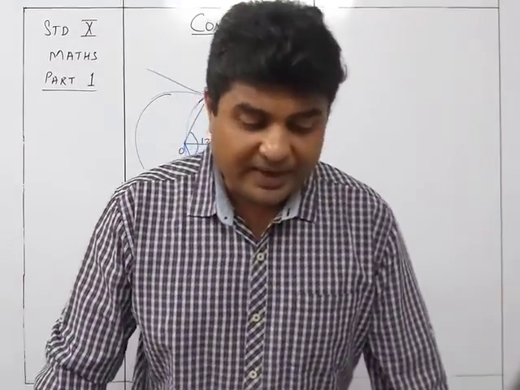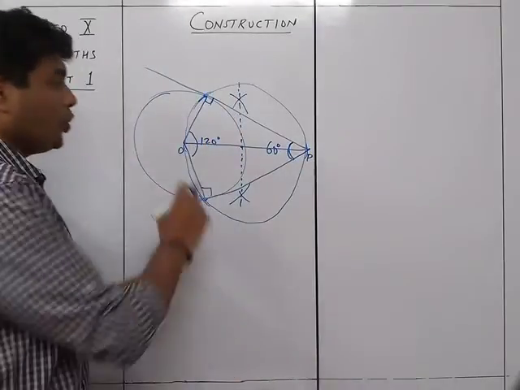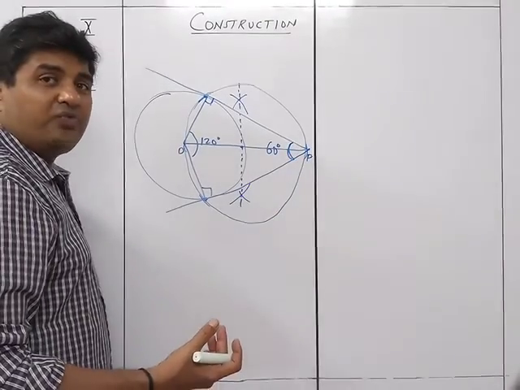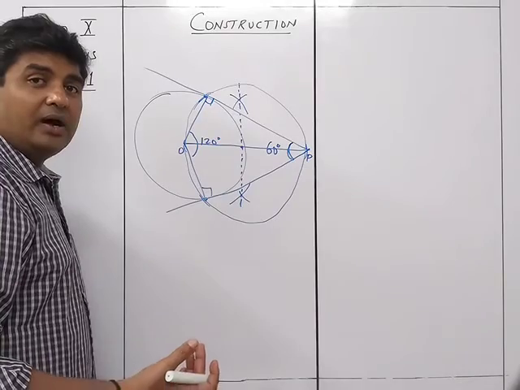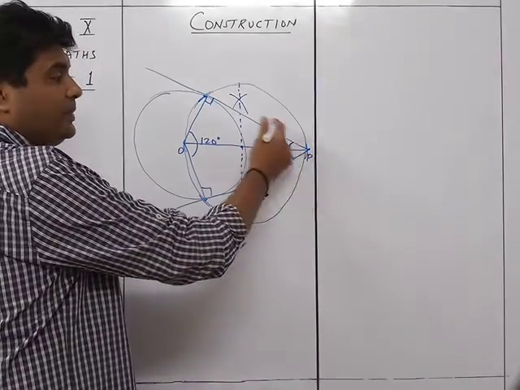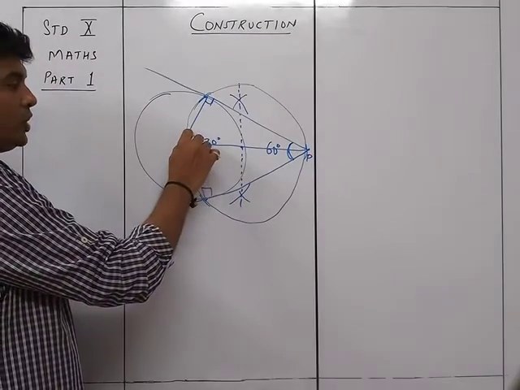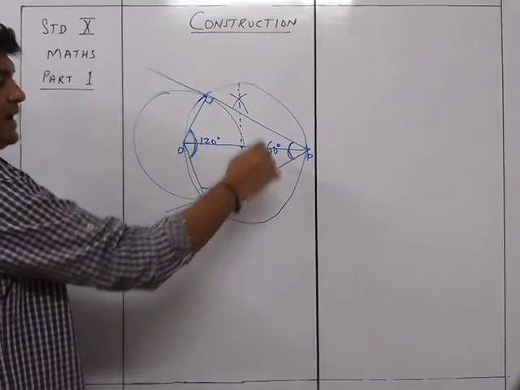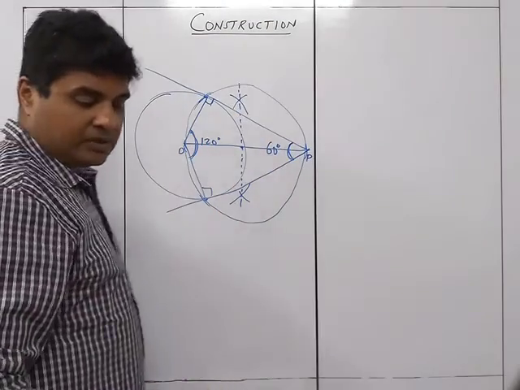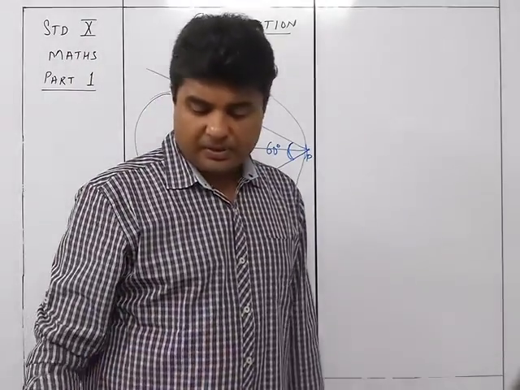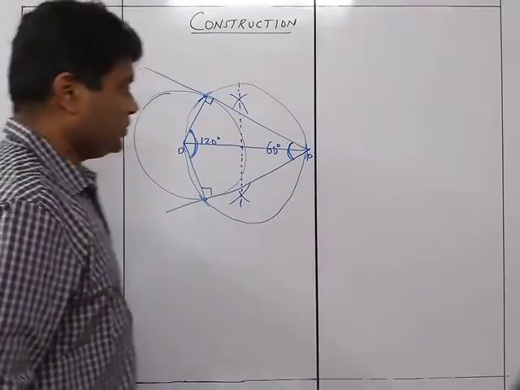So in case you are not given the distance OP, you need to draw the tangents such that the angle between the two tangents is 60 degrees. How to draw it will be in this manner, that you are going to draw this 120 degrees and then say 90 degrees on both sides. Okay, so that is about the tangents, very simple. That was what you are going to have in the tangents.